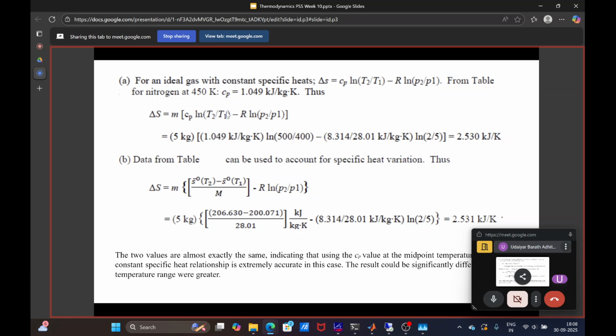The next is when you are assuming that your specific heat is not constant. The first case was when you assume specific heat to be a constant value throughout the process, but in an actual case that will not be the case. The Cp value will vary throughout the process. So to find that, what we can do is